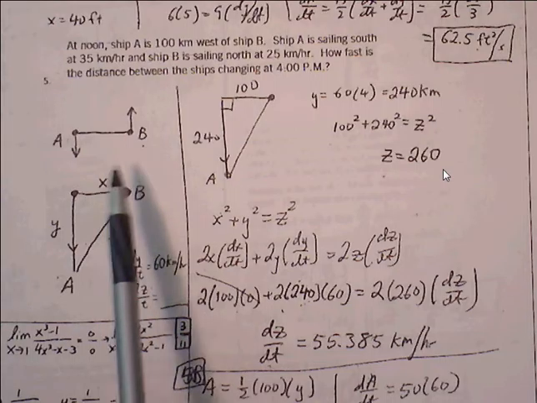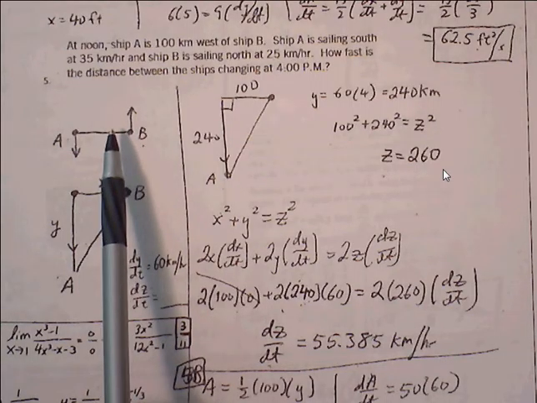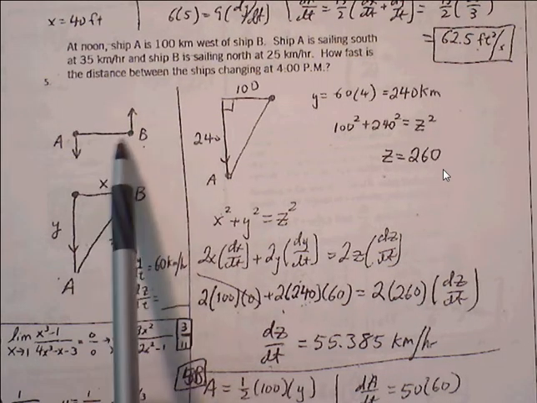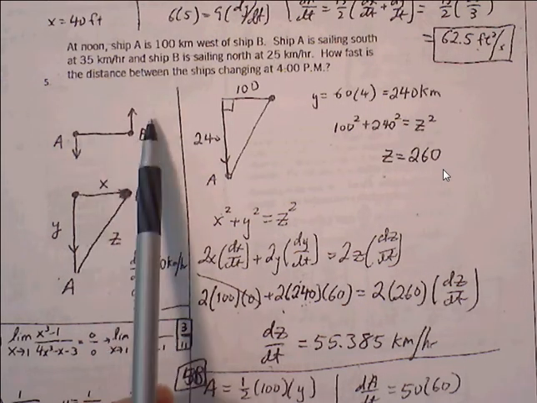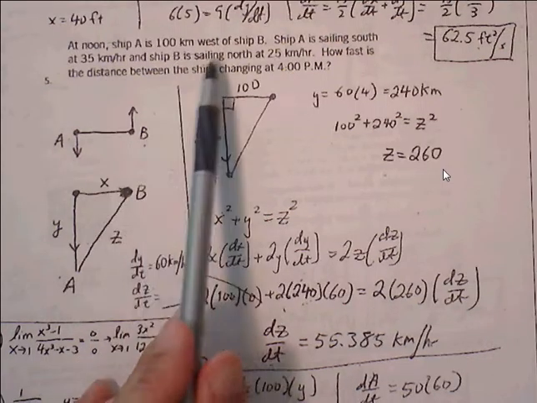So the distance between A and B will be changing at the same rate as if A was not moving and B took over both the rates together. So 35 plus 25